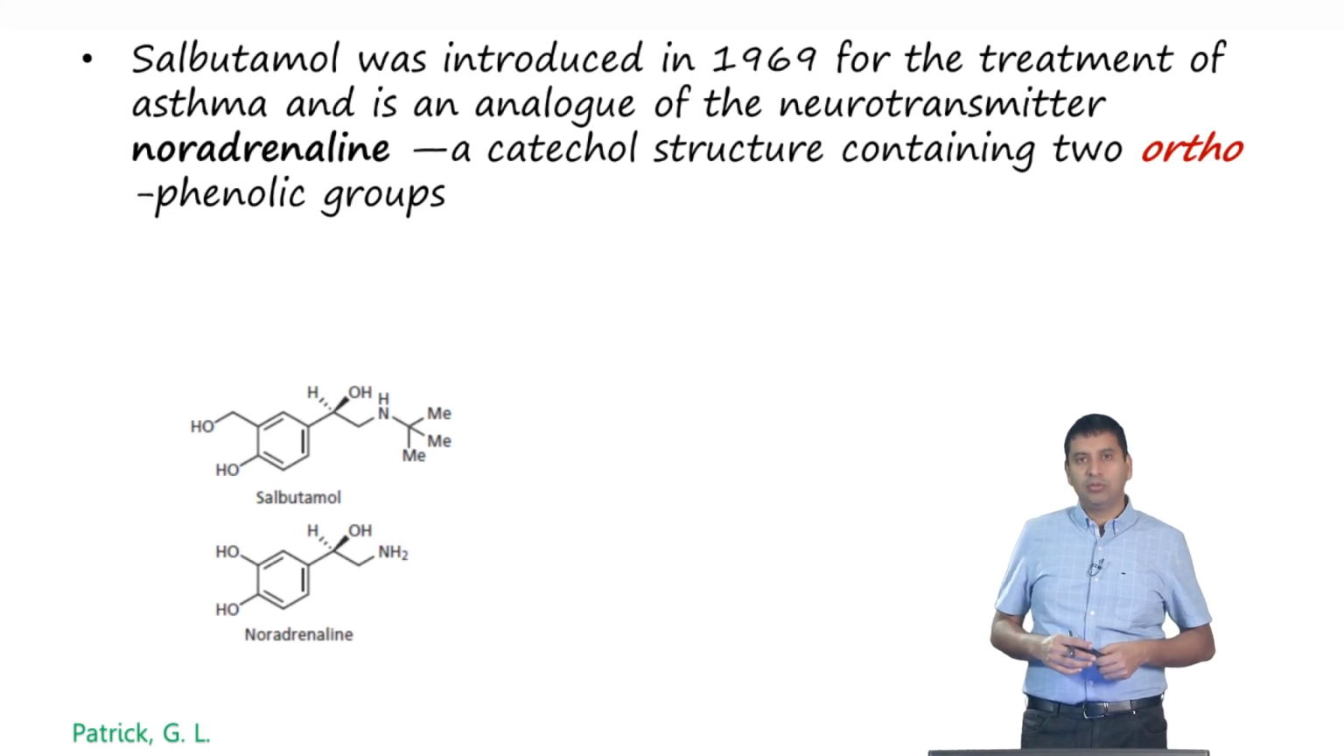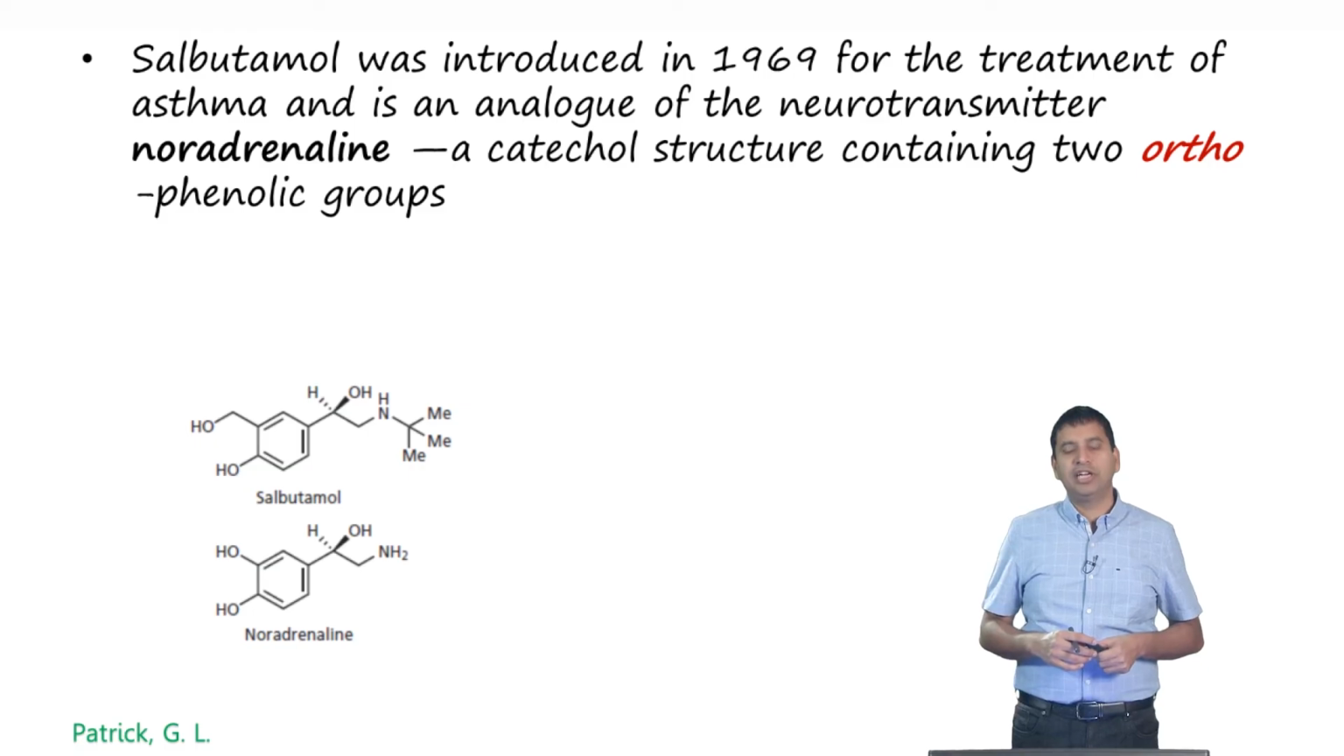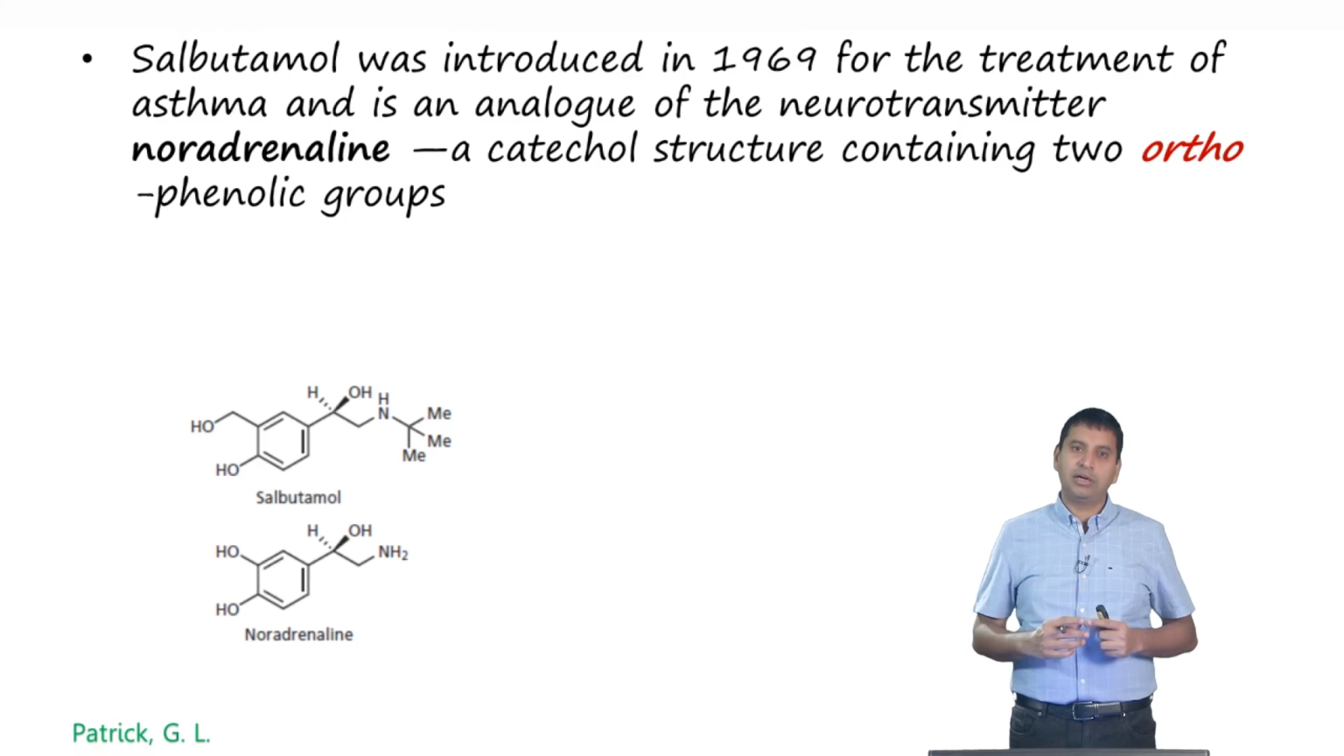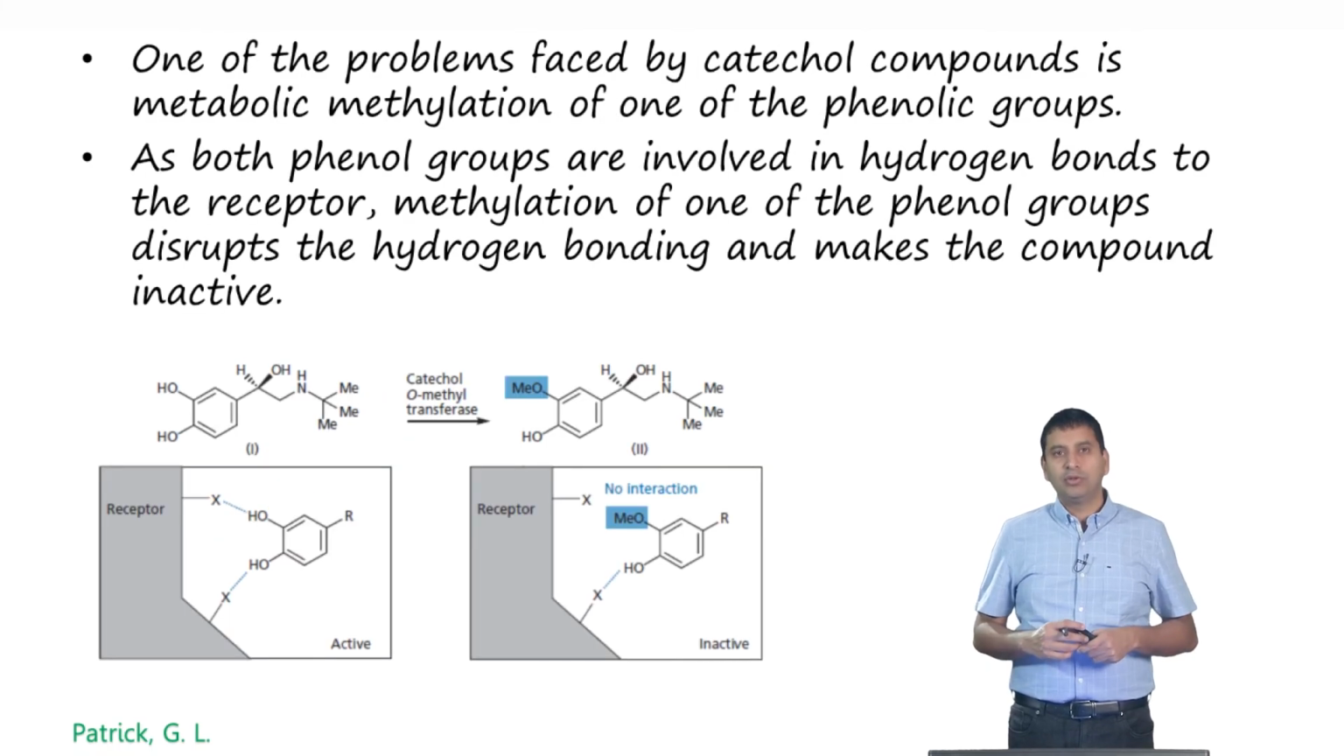So, salbutamol was introduced in 1969 for the treatment of asthma and is an analog of the neurotransmitter noradrenaline. Noradrenaline has a catechol structure, that means it has two alcohols on the aromatic ring. Now, because it has these two orthophenolic groups, it is quite susceptible to metabolism. So, one of the problems that was faced by the catechol compounds is the metabolic methylation of one of the